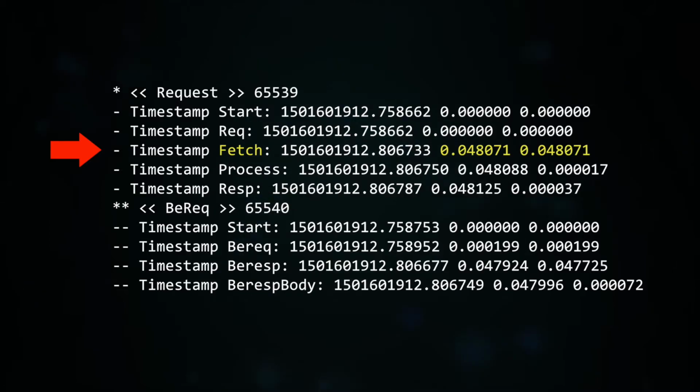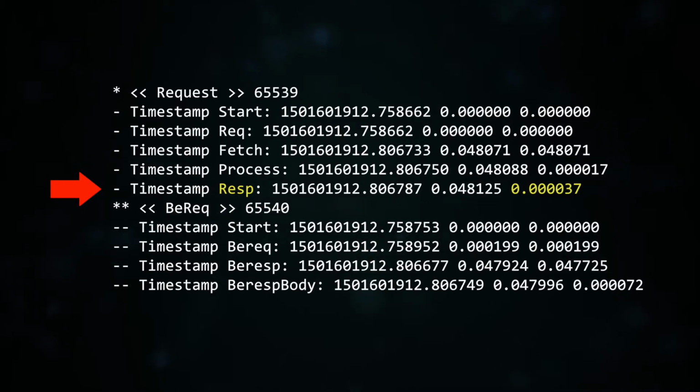You can see that the last and the second to last columns are the same. The second to last column just increases as time goes on. We're seeing that we reached the processing stage, which takes a couple of milliseconds. And finally, we see that returning the response takes 0.000037 seconds, which is virtually nothing. But what is important to note is that the final time, the total time it took to process that request transaction was